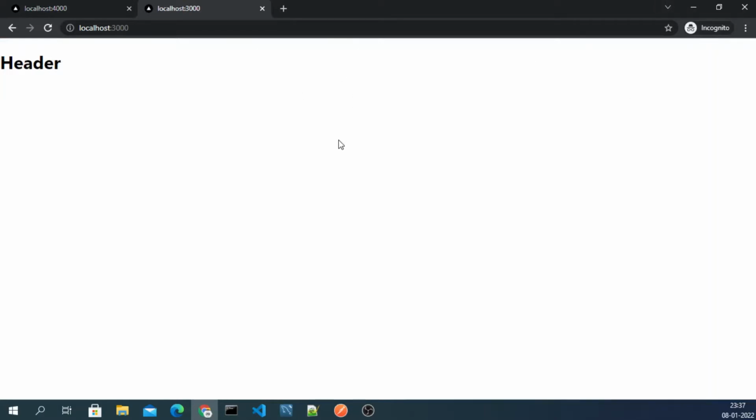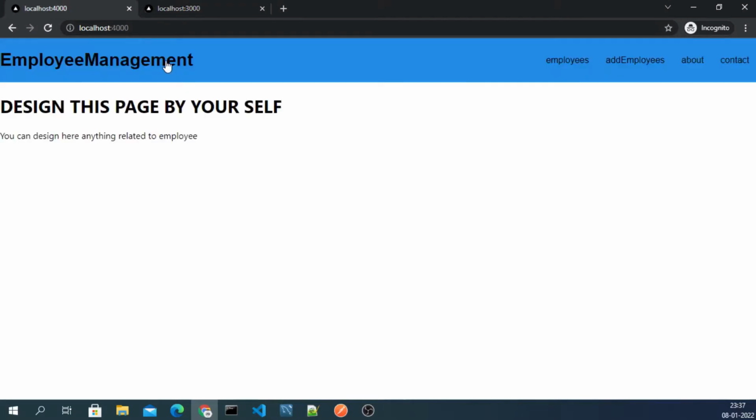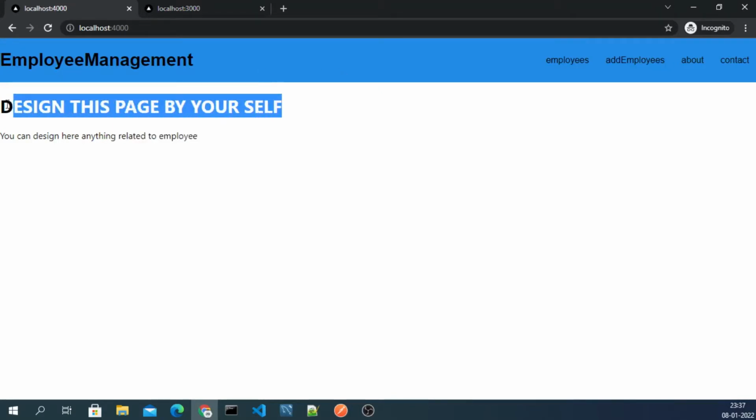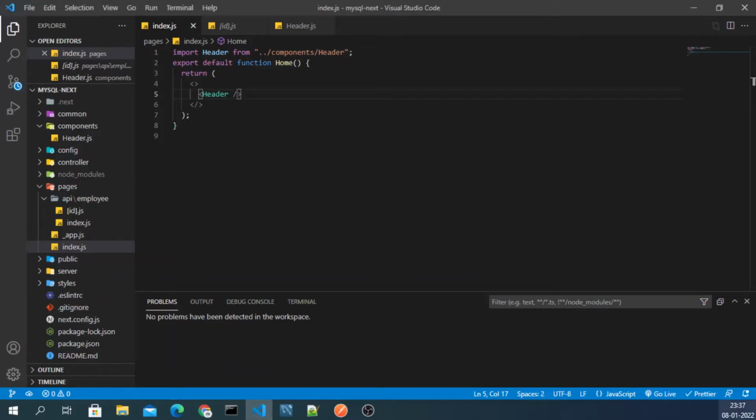So the next thing we are going to do: this is the header, and just below the header we have this h1 tag, and then this paragraph. So I'm going to just copy this line from here, and I will go inside my Visual Studio Code just below my header. So this is my home page, right?